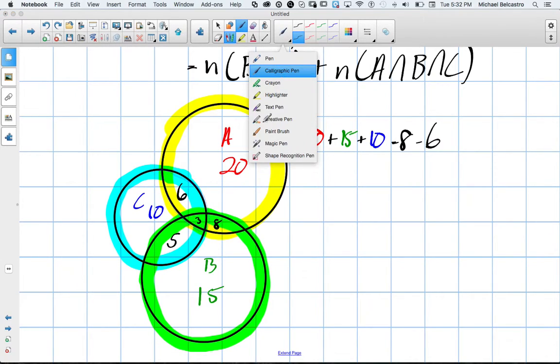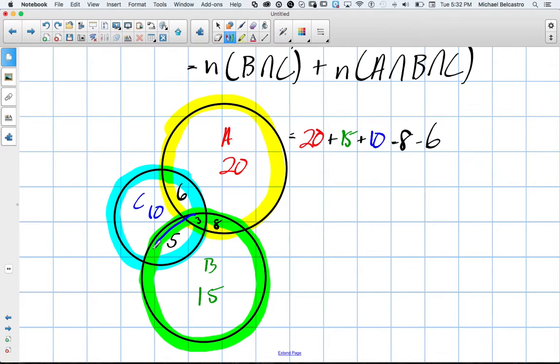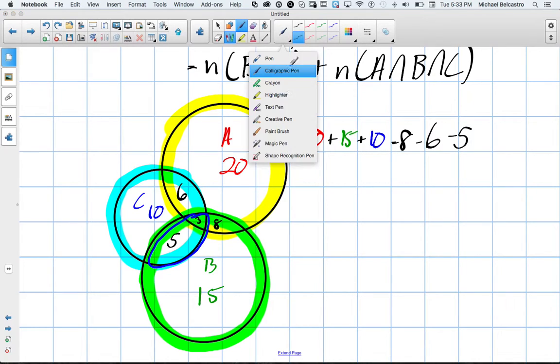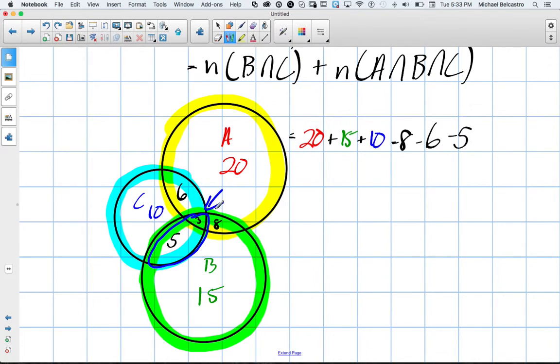And then we're going to get rid of our B and C, which is all of this part here. And they said there was 5. And that again was counting this middle. So, I'm trying to take you through the steps here. We counted all of the A, which counts this 3, counted all of the B, which counts this 3 again, so